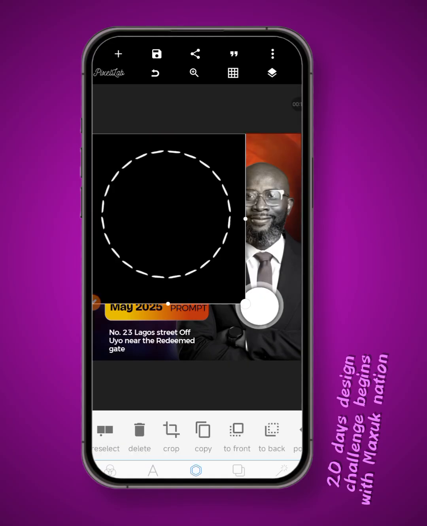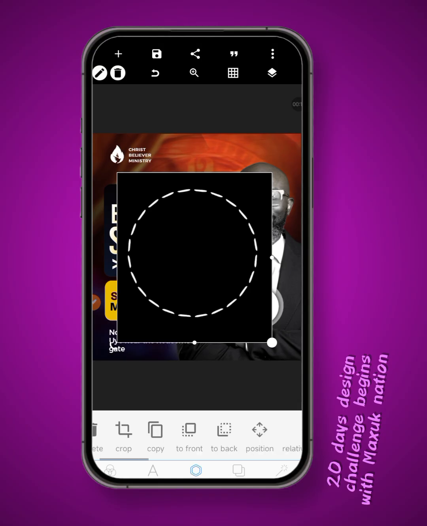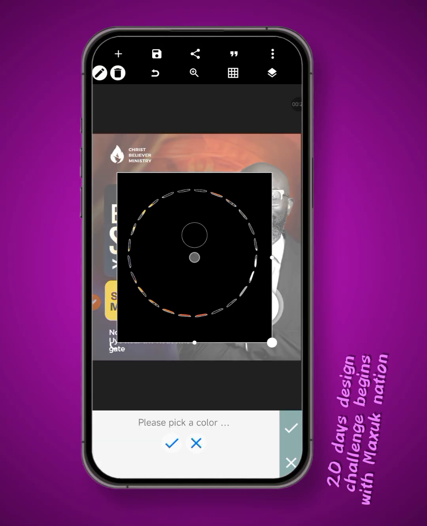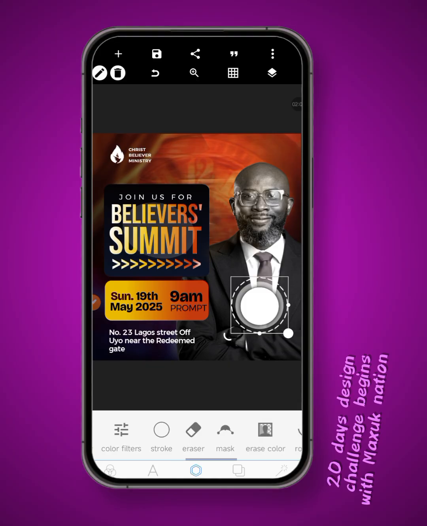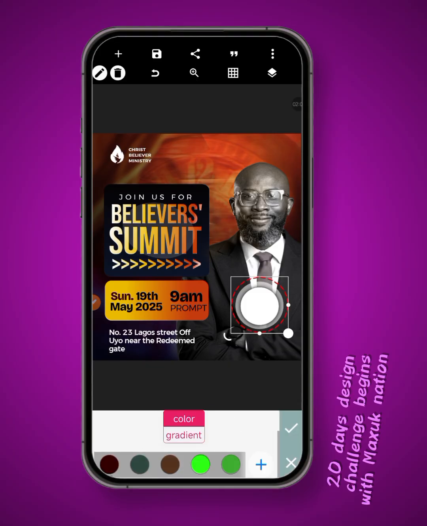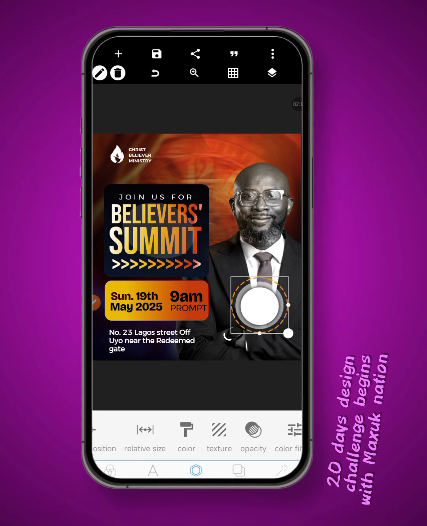Here it is. I'm going to drop it in the resource channel. So I'm going to erase the background. I'm going to pick the black to erase it. So this is our dot circle. So we have it fixed here. So I'm going to change the color to this color, change the color to that color, and then